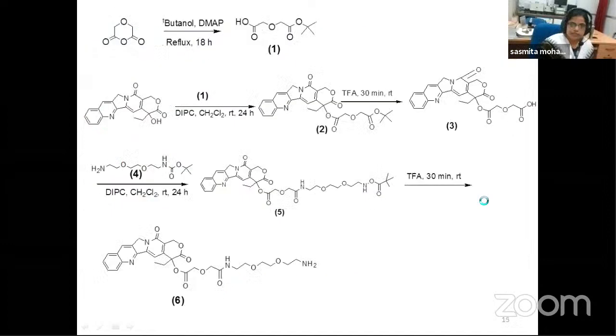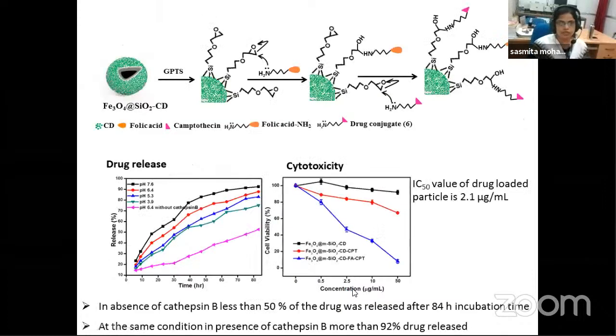We tried to increase its water solubility by conjugating a water soluble chain, as you can see in entry 6. So this conjugate of camptothecin is soluble in water. Then we conjugated it on the surface of this particle by chemical conjugation. So overall, this particle is magnetic, it is fluorescent, and now it contains camptothecin. Further, we attached folic acid on the surface of this particle by chemical conjugation.